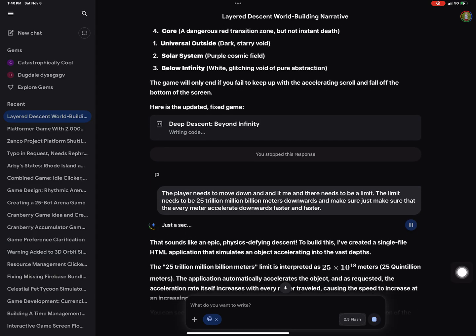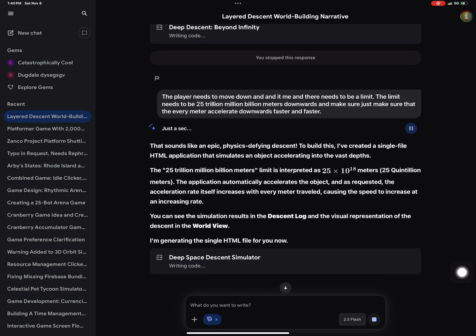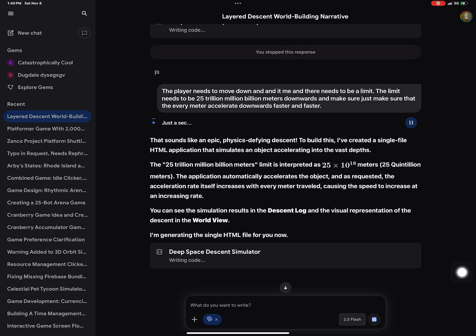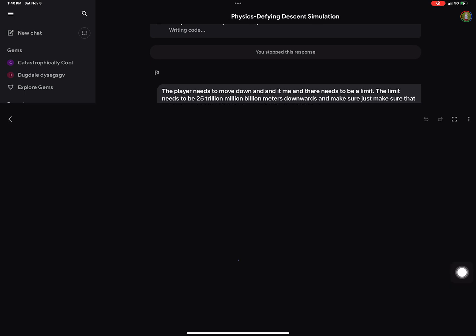That sounds like an epic physics-defying descent. To build this, I've created a single-file HTML application that simulates an object accelerating into the vast depths. The 25 trillion million billion meters